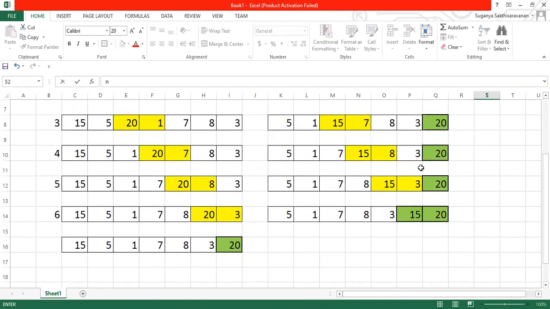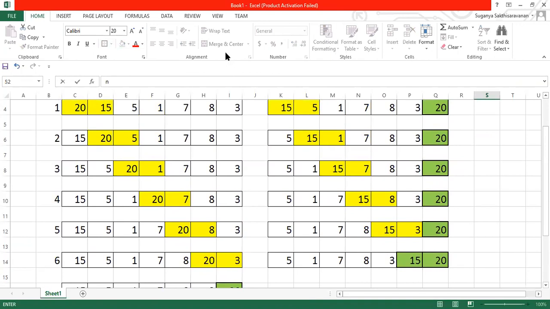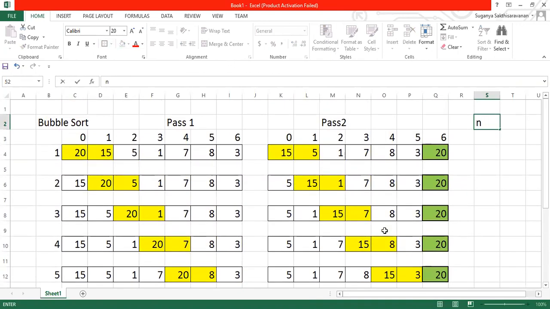So is that clear, guys, how the bubble sort works? The logic, are you people clear? It will go with n minus 1 iterations, and n minus 1 passes are going to go. Just a minute. Okay, fine.